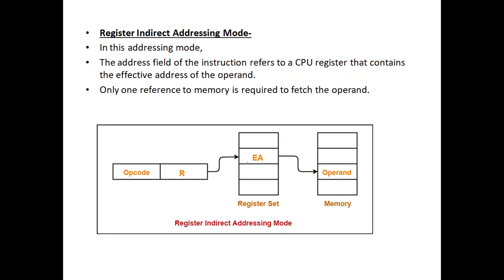And the next one is register indirect addressing mode. See here, we are going to store the data in the register. With the first reference we get the effective address, and with the second reference we get the data. Effective address is nothing but where it has actually been saved, the memory location, that is here 2060. So we search where 2060 falls. Here 2060 is there. From here we have to take the data. So this is register indirect addressing mode.